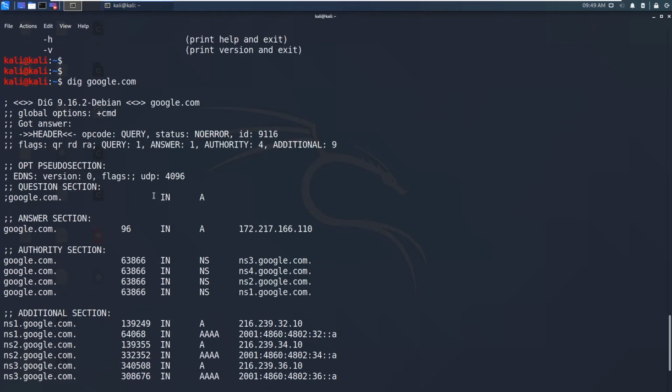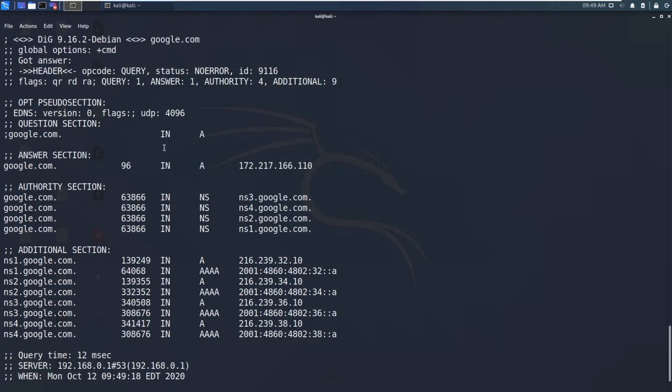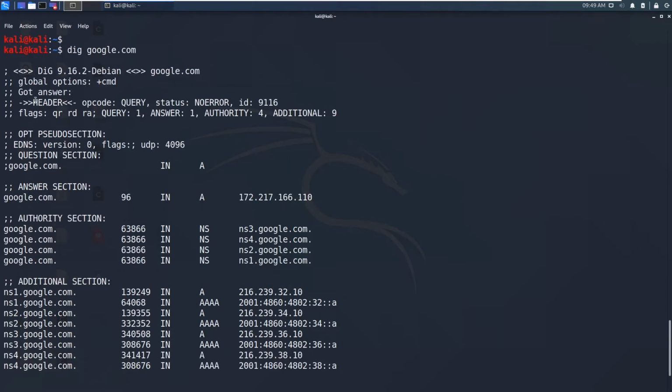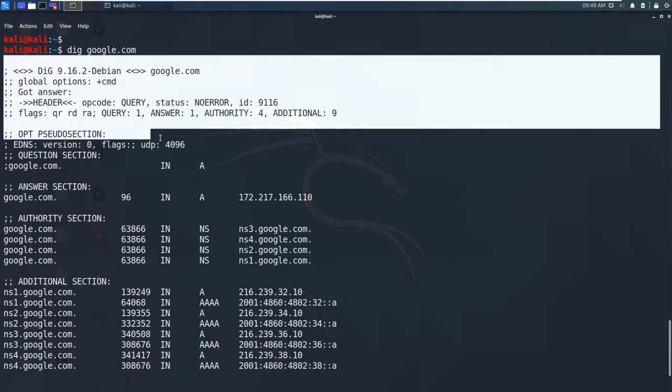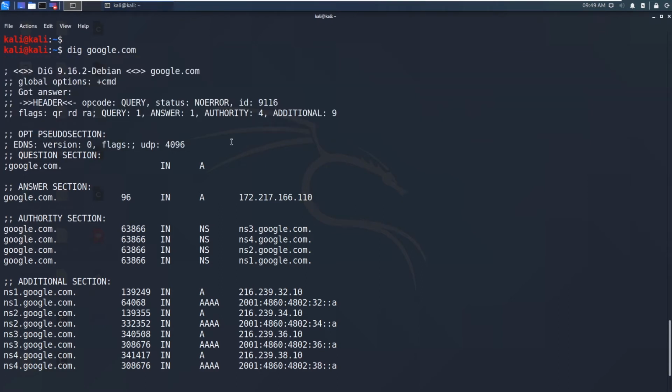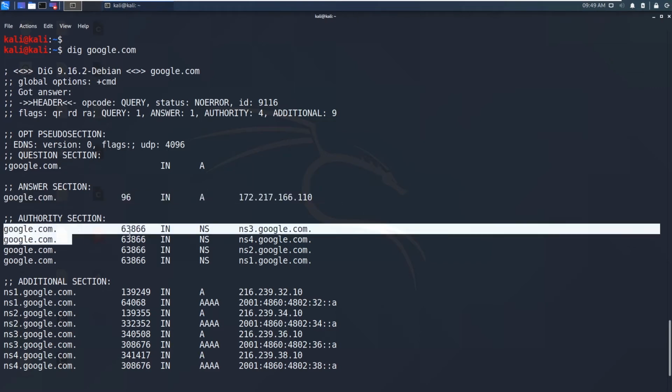So as you can see, it has resolved almost all the addresses. You can see, so this is some comments that is given by the dig, and you can see the first one is google.com, and the type of the record is A record, and you have the IP version 4 address. And next one is name servers.